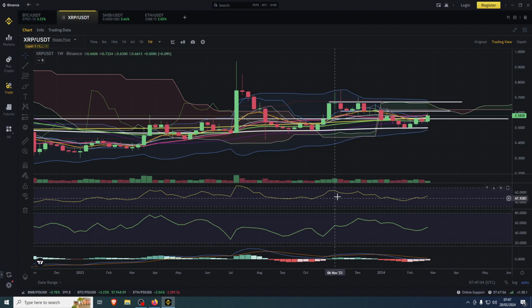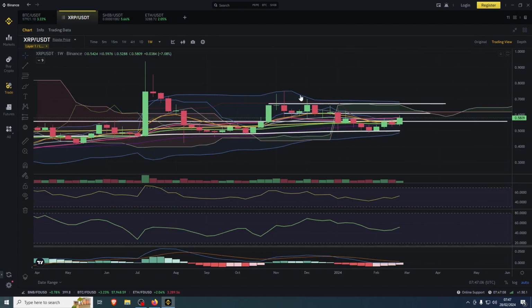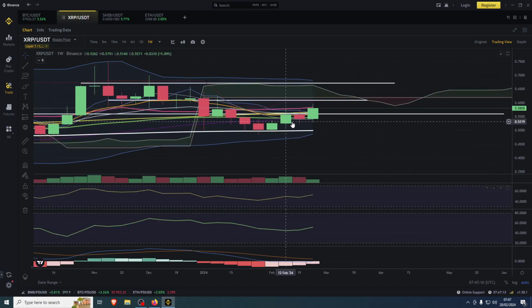So, long story short, the trend signal on the 12-hourly, the pump signal on the 4-hourly, and the general momentum within the market should see XRP maybe even today trend up to around 60 to 61 cents. Whether we have a little dip before, because recognizing that the 56 cents is now a major resistance, major support is good, but it's not for me to tell you what to do and where, because the thing about XRP